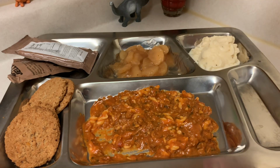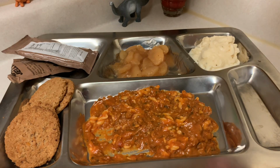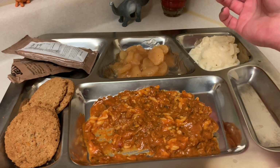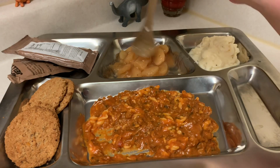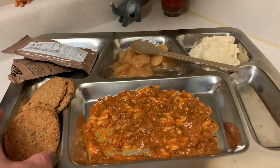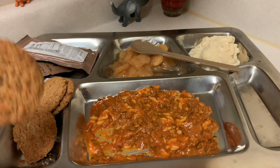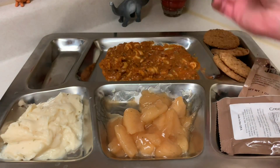I know there's a debate. Is fruit a dessert? Isn't it a dessert? Is it a dessert? Isn't it? It can be. It depends. It depends on what you're doing with said fruit. Now, see, if you take these cookies and you mix it with some of this fruit, that's a dessert, and I'm going to do that later. But first, I'm going to try one of these cookies with the frosting on it before I put it in there. So I turn the tray back to front,